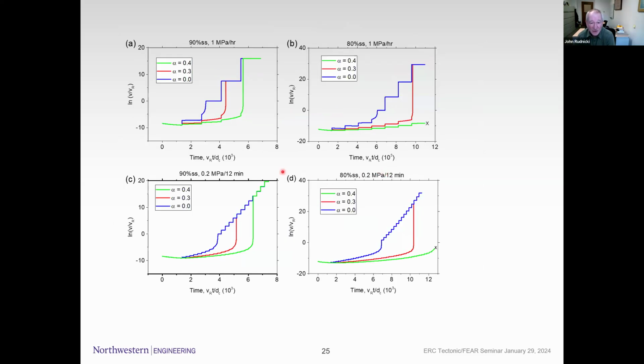One of the things you can do with the calculation, once you have a reasonable agreement with the experiments, is look at the effect of other parameters, and this looks at the effect of the Linker-Dietrich term. So 0 is no effect of that term. The value of alpha must be below the friction coefficient, which was about 5.5. So that's the highest value. And you can see the effect of that term is to delay the onset of the rapid slip in the